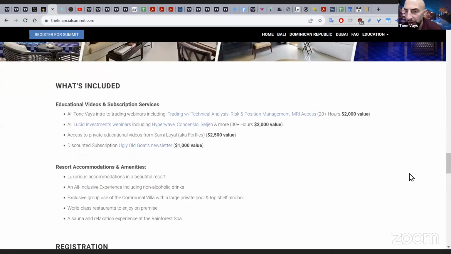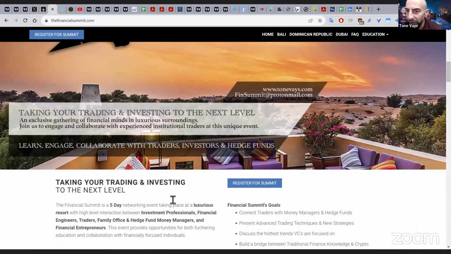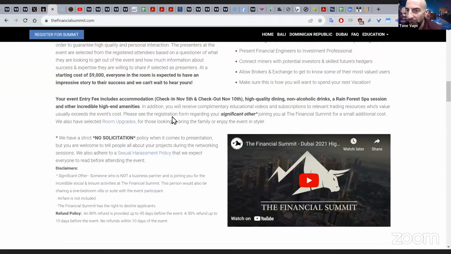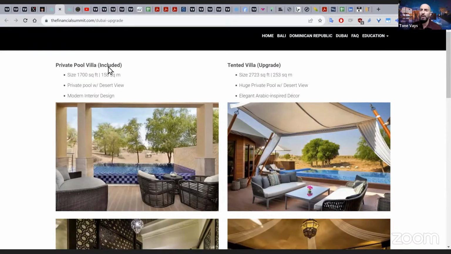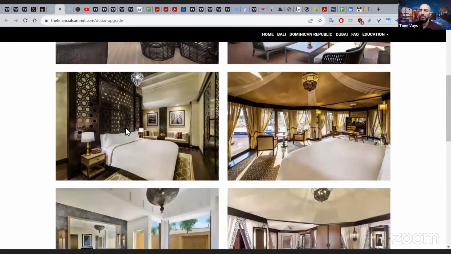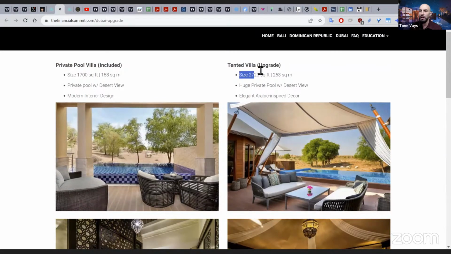We profit very little from this. So when we say it costs $9,000, these are $1,000 a night rooms, guys. If you're curious what the room looks like, hit room upgrade, and the room on the left is included. You get your own private pool. You can upgrade for an extra $500 a night, and you get a bigger private pool and a much bigger backyard,